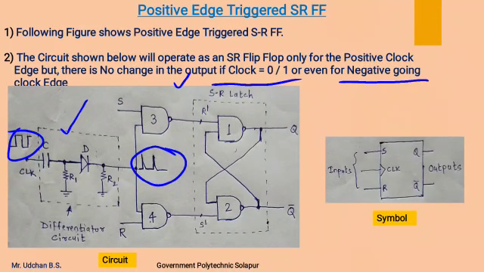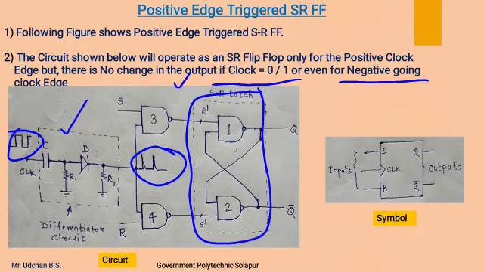After that, this SR flip-flop consists of the SR latch. This is the SR latch, which we have already studied. I have given this to you all for the purpose of homework. Now, the SR latch using NAND gate, the truth table of that we are going to use during the operation of this positive edge triggered SR flip-flop.